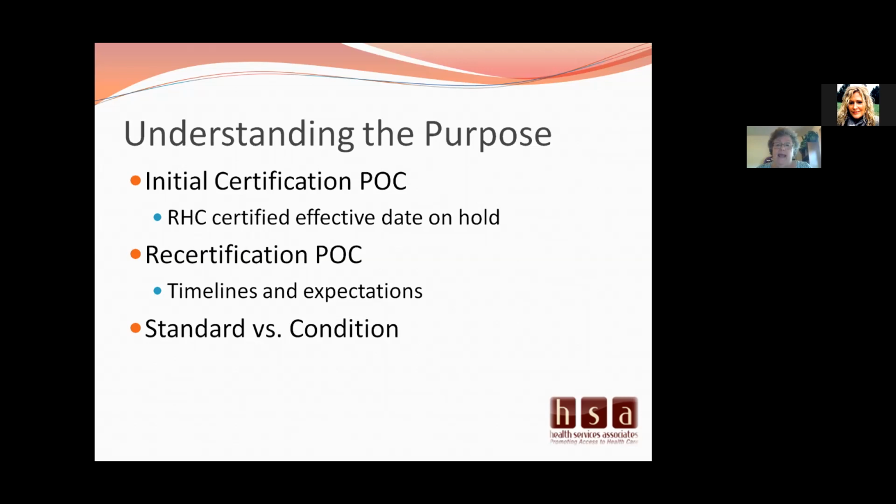What happens is the surveyor comes, and for the state, the survey can take place, and they will come and they will conduct the survey. And if it's initial or recertification, I want to tell you, with state or deeming entities, the day of your survey, they will always give you an exit interview. Please attend that exit interview, take copious notes, because you can begin working on the corrections right away. And then there's not so many surprises when you get this document.